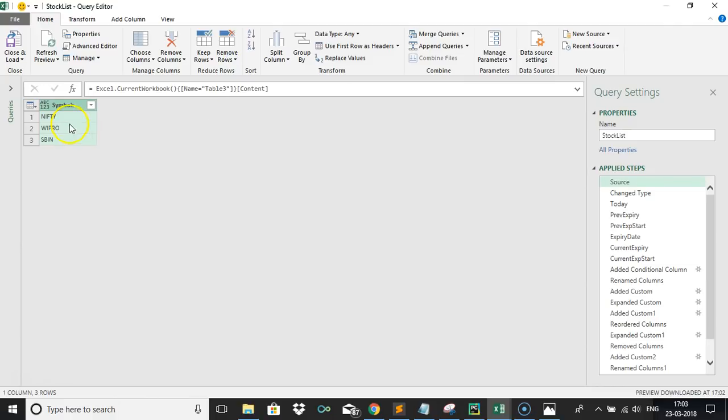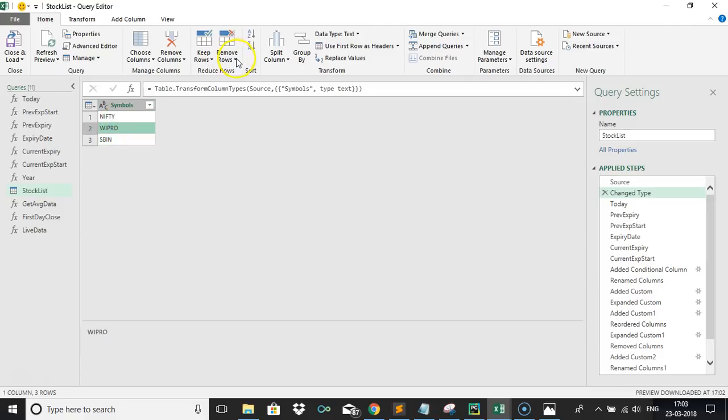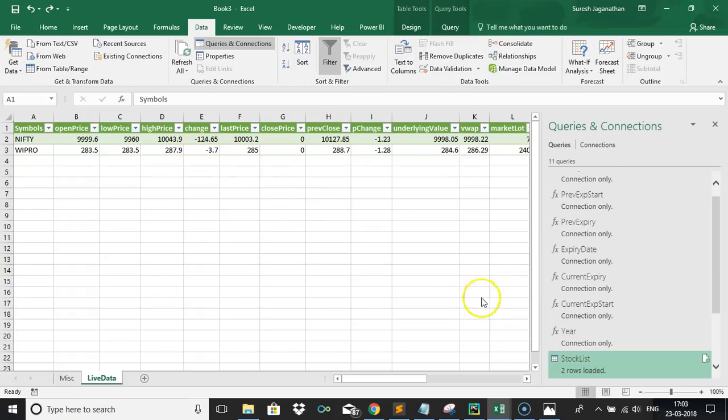Just a second. Generally you will get some problem with this once you add it. I'm not sure why it is not coming for me now, so I don't want to debug this now. Once you click remove rows, you will get remove blank and it will be removed. Okay, so now if you do refresh,